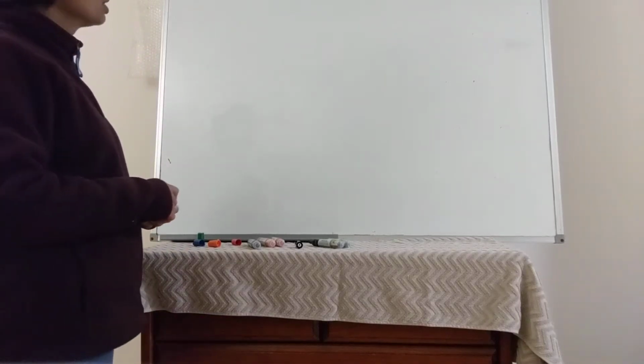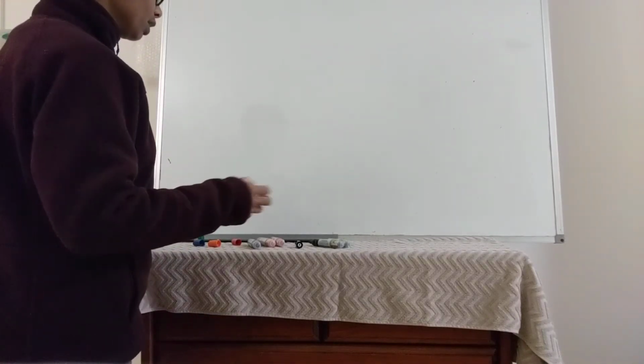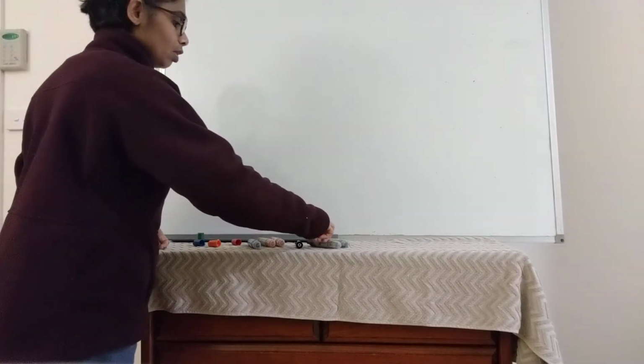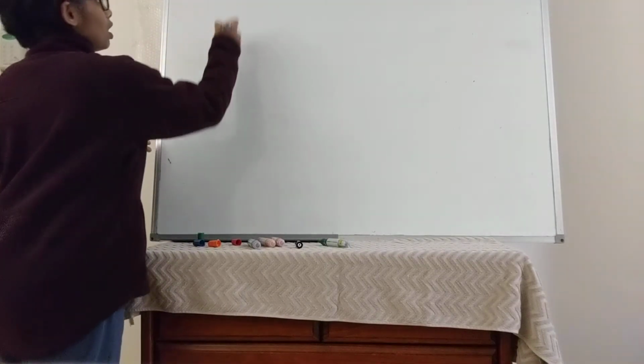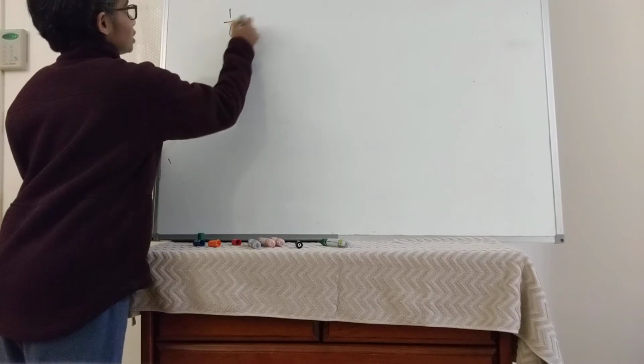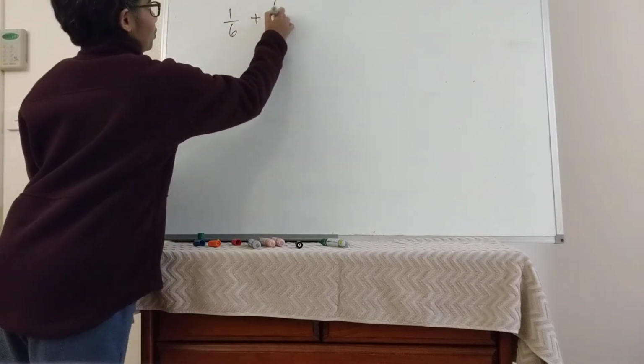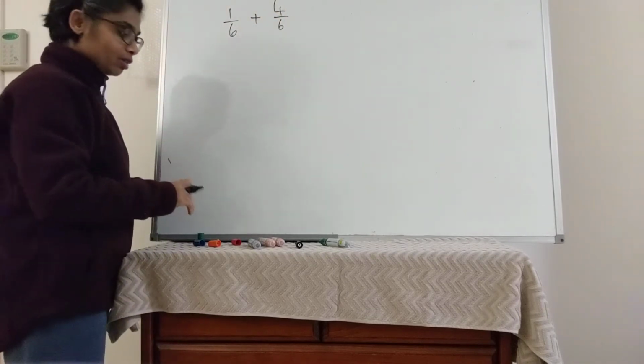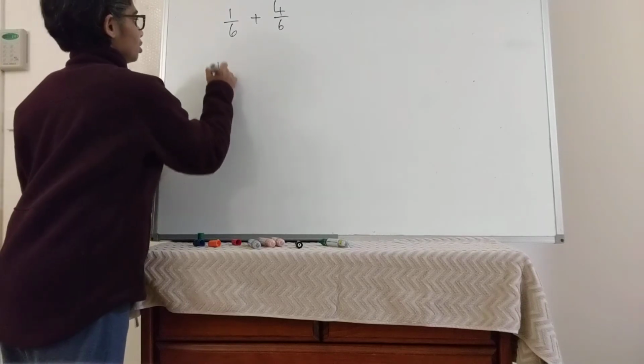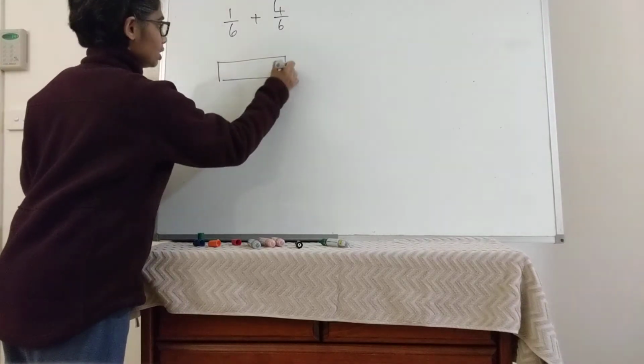Okay, today we're going to look at adding fractions. So I'm going to give a very simple example of, let's say, 1 over 6 plus 4 over 6. Now I can represent this using a chocolate bar, which is